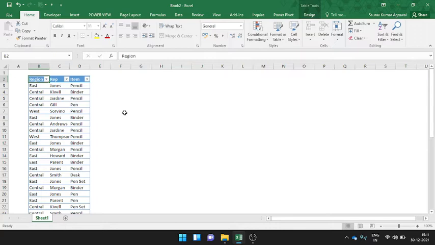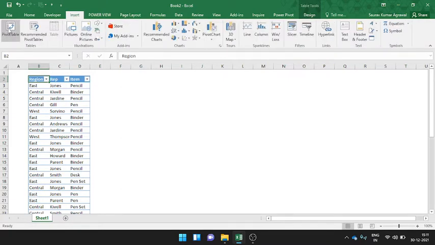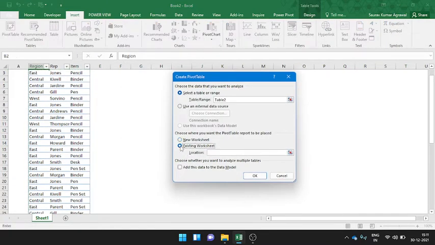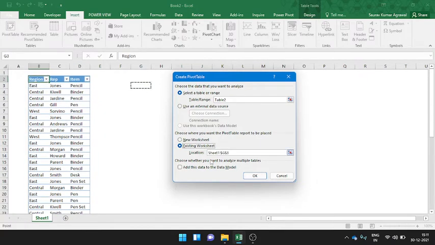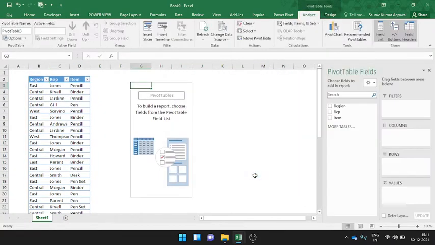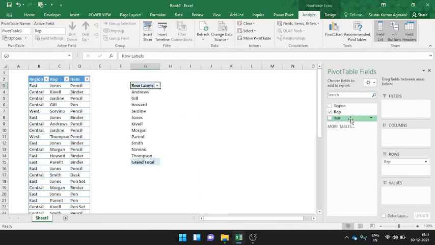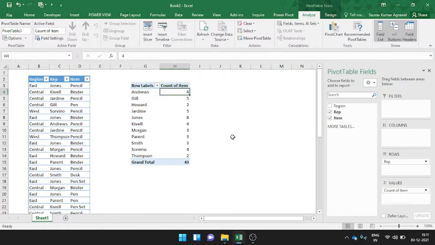Now the next task is to simply do the pivot, and first let me do the normal pivot to make you see where and why we will not get the results, and then we'll look at the solution to that. So I will just go over to Insert and click on Pivot Table. I will insert the pivot table in this worksheet itself, and click on OK. Now what do I want? I want the sales representative to be on the rows side and the items in the values. The moment I do that, instead of giving me the name of the items, it shows me the count.